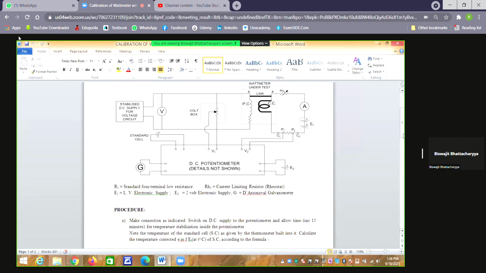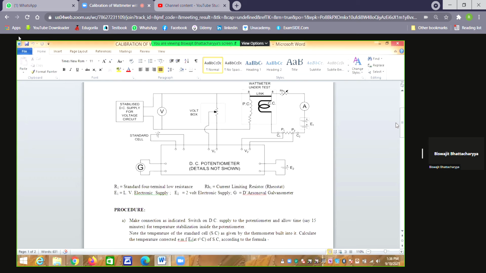Now sometimes it may happen that with the link you get one error, but without the link the error may be reduced. In some cases, it is because the electrostatic torque acts in such a direction with respect to the deflecting torque that the original error is somehow compensated. Sometimes it is compensated, sometimes the error is more. Sometimes the error is reduced, sometimes the error is less, depending on the relative deflection direction of the two torques.